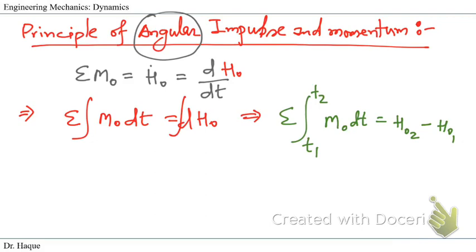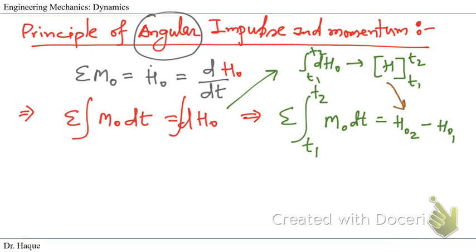You know where we get it from: if you take the integration of dH, it gives you H evaluated from t1 to t2. If we plug in the values, at time t2 the angular momentum is HO2 minus, for t1, HO1,